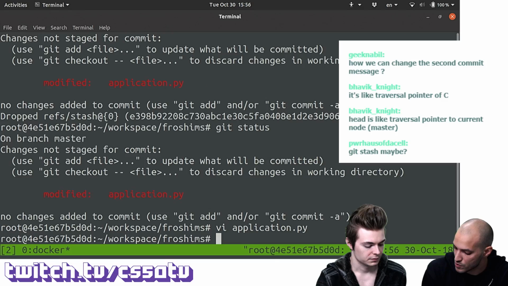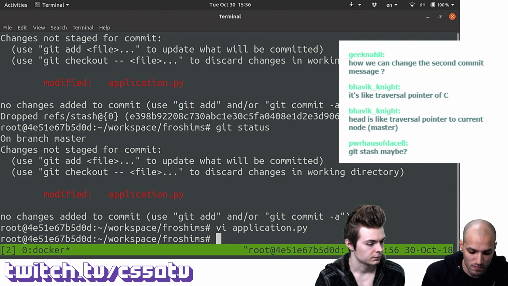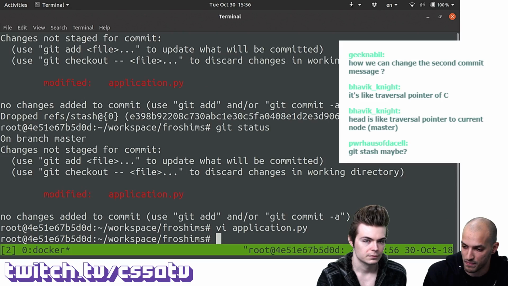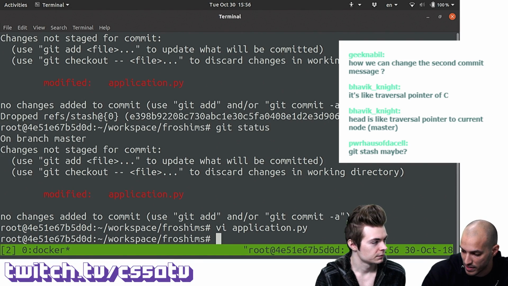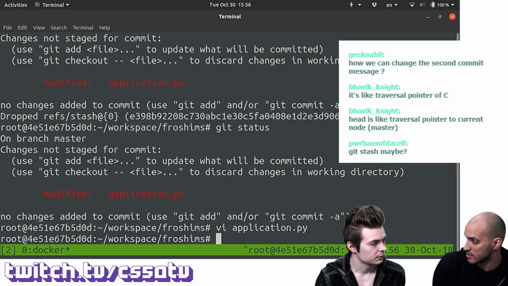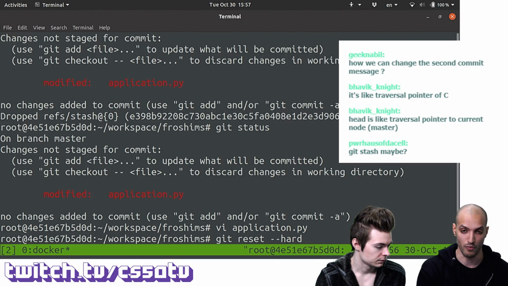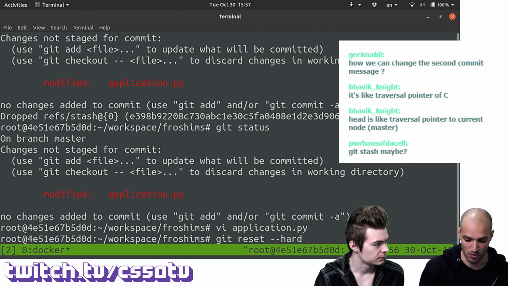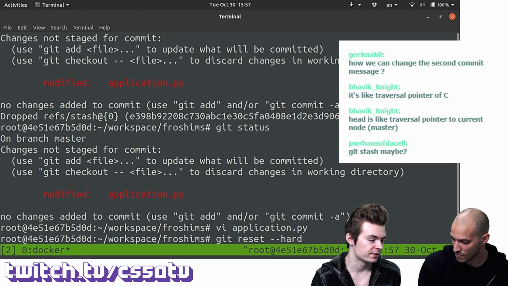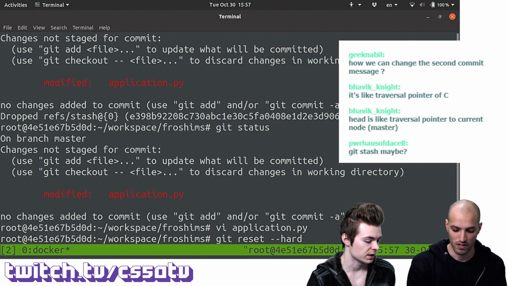There are other ways to revert back to a previous point in history, in this case, using the git reset command. And I think there are three distinct ways to use git reset. One of them says, hey, I don't care about anything that I have right now in the repository, just reset the state of my repository to a particular commit. And this will be git reset --hard, the reference to this commit. So the SHA, for example, or whatever that we want. And this is basically like reviving that old snapshot and making the directory reflect that snapshot.